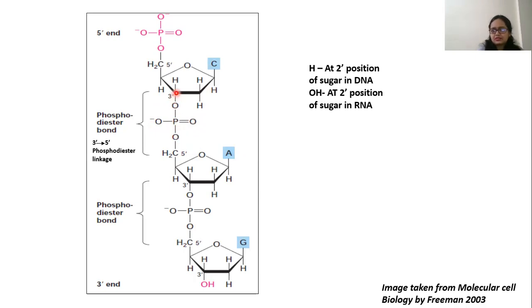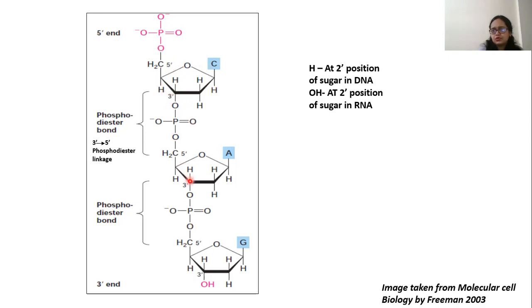Why? Because it has a composition here, you can see at the 3' carbon is present. So POOC, it is one ester, and here you can see POOC connecting at the 5' carbon to the next pentose sugar. So it is forming a diester link between one pentose, or you can say between one nucleotide